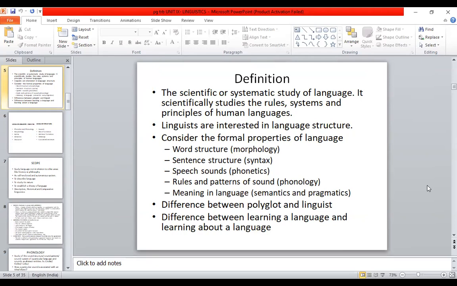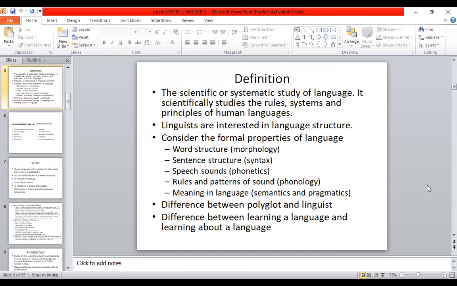So what are the formal properties of language? Let's go to that. The word structure. So what is word structure? The study of word structure is called morphology. You may have to note this down or remember it. Word structure, the study of word structure is called morphology. The form, okay, it's called morphology. The study of sentence structure